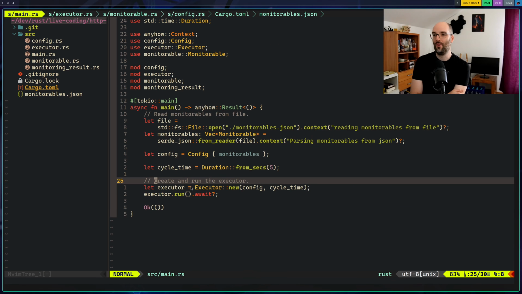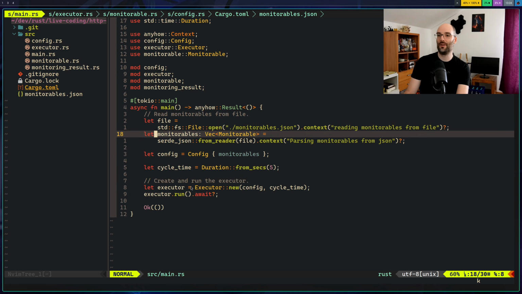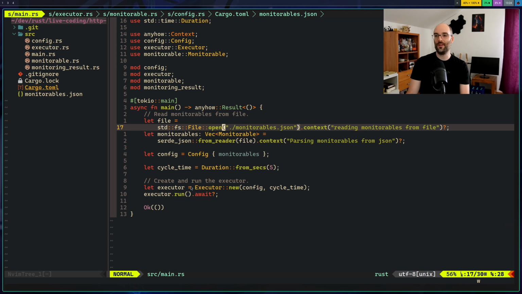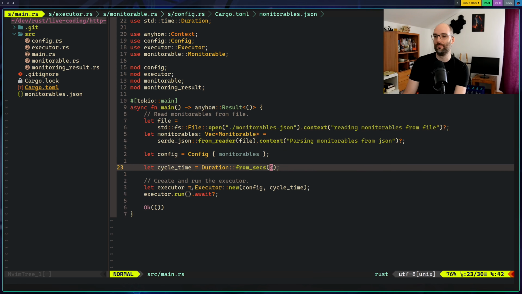Okay. So what needs to happen, which I already teased now but will probably have in one of the future videos, is I want to have clap for configuration. Currently the only thing that is configurable is probably this file. And that makes sense if you want to run this application for different configurations. You want to have different monitorables, so you maybe want to have different files, and you could reference the one that you actually like. But there should be different configs as well, like this duration here, which should probably be part of the config as well.